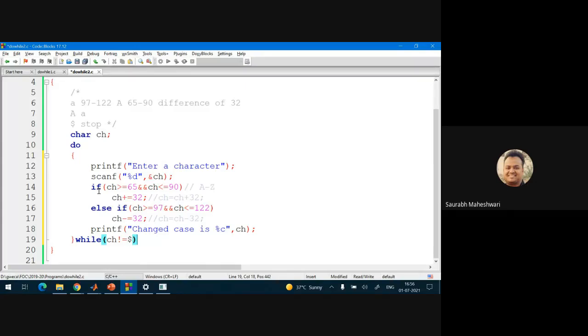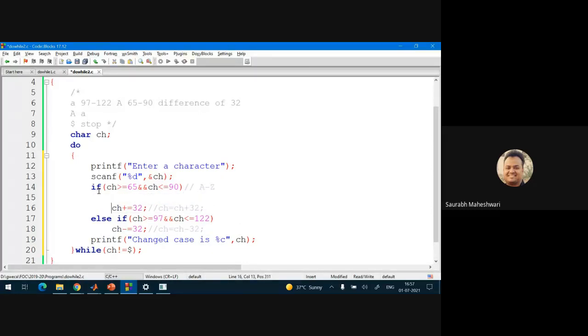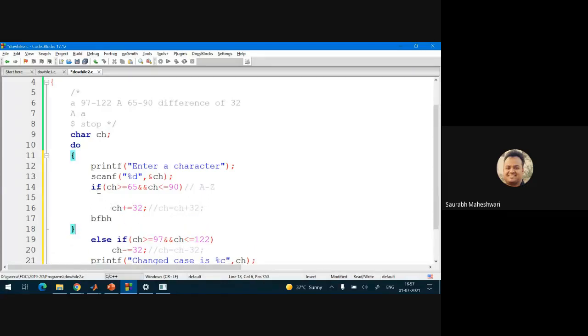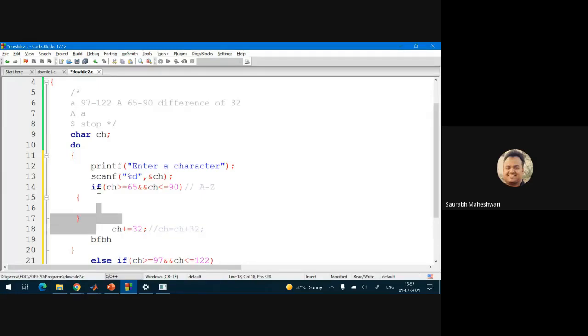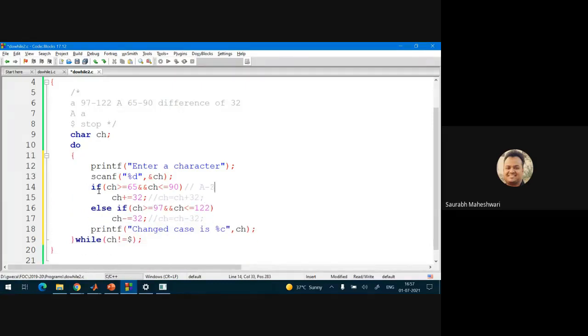Is there any mistake? Sir, scanf semicolon after while, and if and else if do not have brackets. Look, if else has no brackets, why not? Because there is only one line after if, so the bracket is not compulsory. If there are multiple line statements, say two statements inside the if, then we need to put the brackets compulsorily. But there is only one line statement after if, so the bracket is not required. Tell me more, any other mistakes? Sir, scanf needs %c. Very nice. Tell me more. Sir, dollar sign will come in single quotes.